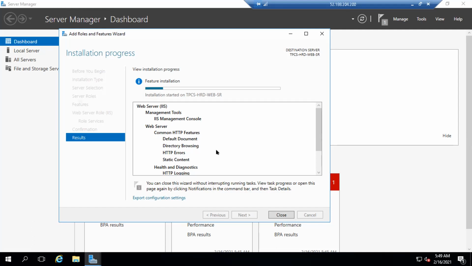Currently in our real environment, we have different teams for that. One team is called the Wintel team. I'm in the SQL team, so I will create only databases and SQL servers. The AD team will do their own Active Directory work, and the backup team will do the backups. So we have different teams for everything.